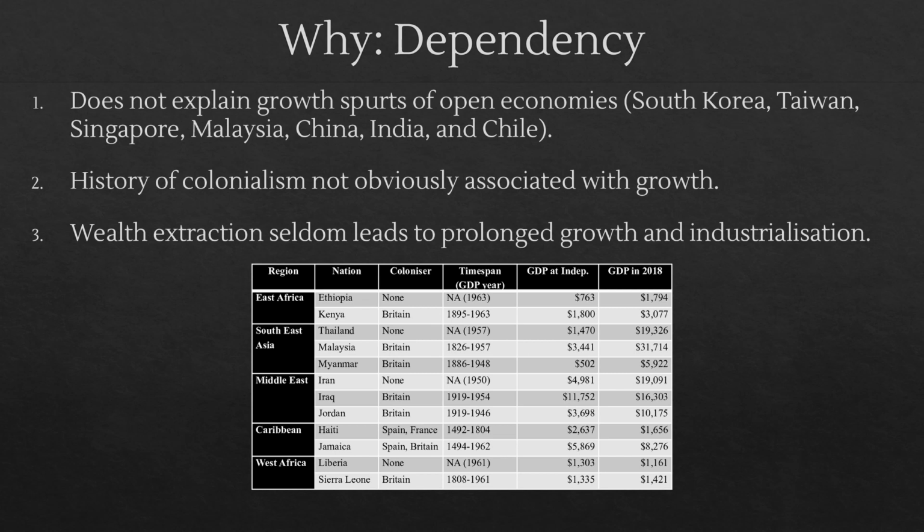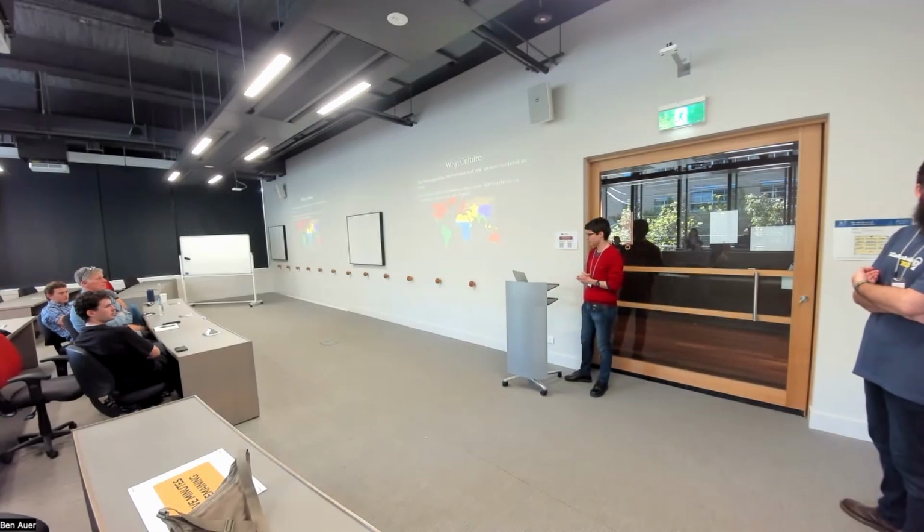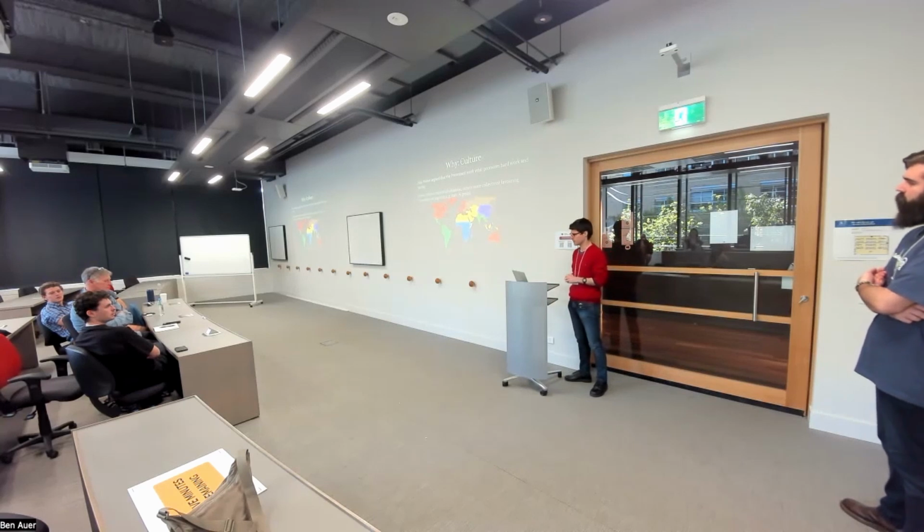But I think the overarching message here is that there's a mistake in the idea that sustained growth is generated by wealth extraction. Many historical cases show this. An example would be the Spanish Empire, which extracted huge quantities of wealth from Latin America in the 16th, 17th, and 18th centuries. That benefited them for a time, but much of that wealth was squandered in wars, which in the long run achieved very little for Spain. They certainly weren't a world leader in industrialization. It didn't lead to prolonged growth and institutional structural change in that society. There are other examples of this as well, but I think dependency theory doesn't really get to the question of why structural change happens in some countries but not others.